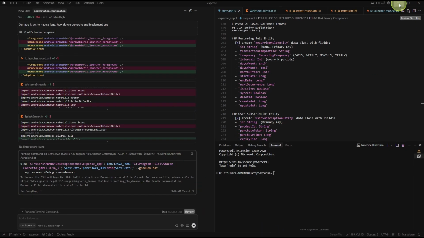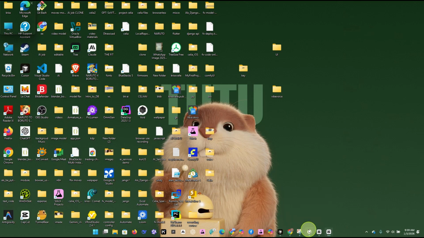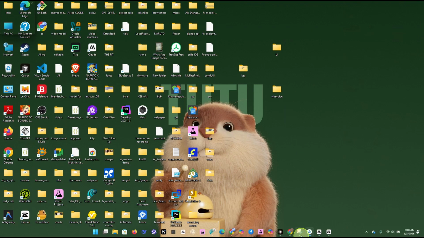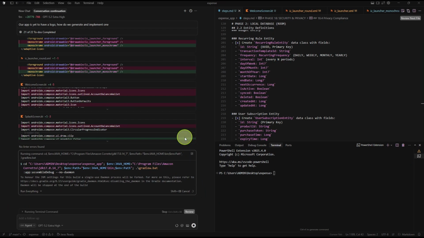What it means by a splash screen is that when we opened our app in this Android, you could see the first screen that showed up that says expense, right? That's a splash screen, the first screen that you actually see before it uses this stuff, right? So we are going to wait for it to actually finish to see whether we need to do something on our own end,